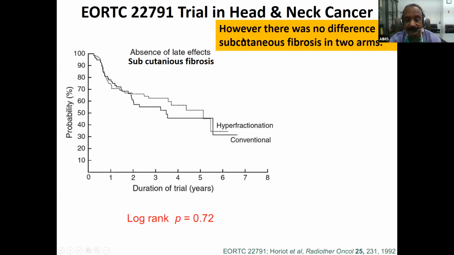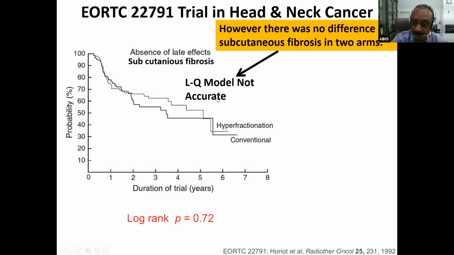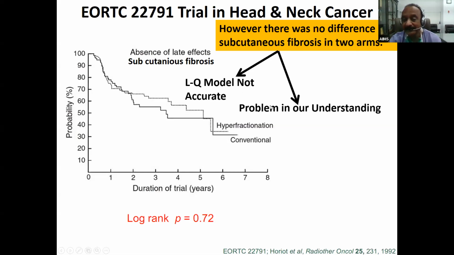Regarding the subcutaneous fibrosis, there was no difference, while we predicted that there should be less subcutaneous fibrosis. So it means there may be two possibilities. Why was it not correct? One, that probably the linear quadratic model is not accurate, or second, probably there is a problem in our understanding, and in fact, the latter part is correct,